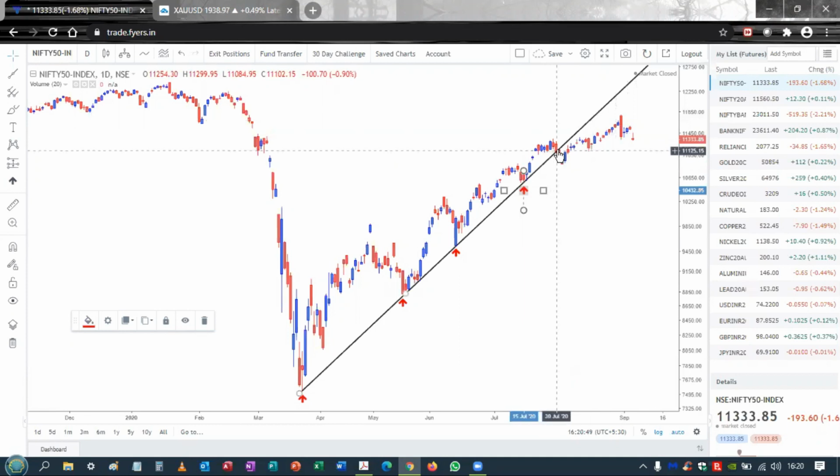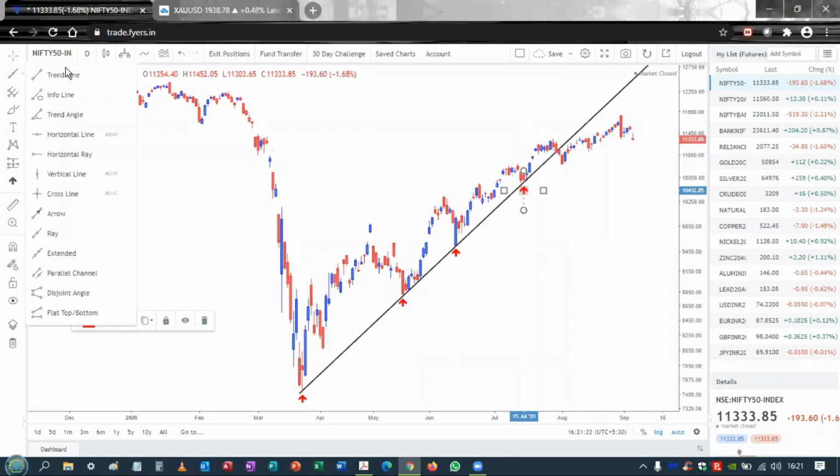So although the trend line broke at this point, which was around 11,125, as you see, going forward, Nifty continued rising and made a new high this week of 11,794. Hence, it is very important to remember when using trend lines that whenever an uptrend line is broken, it doesn't necessarily mean an outright sell. What it just means is that price is no longer maintaining the angle at which it was previously rising.